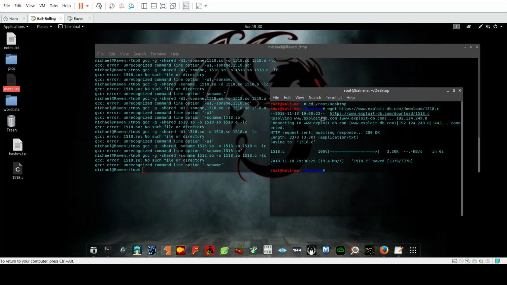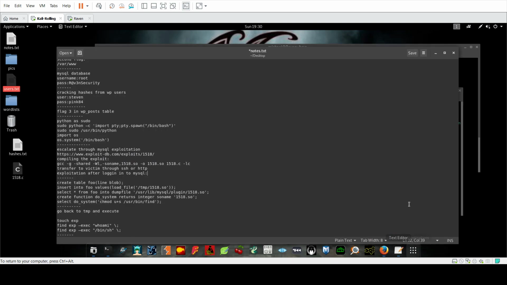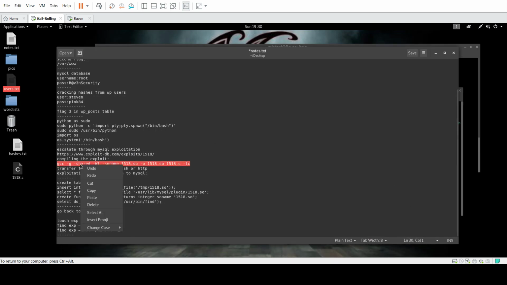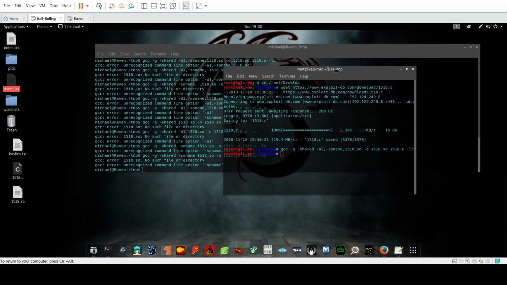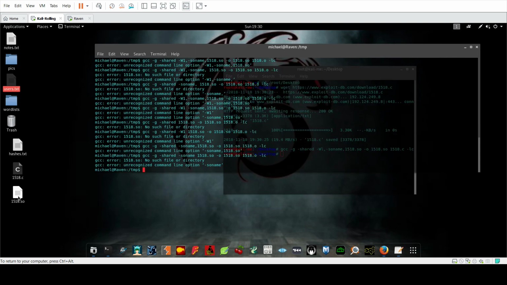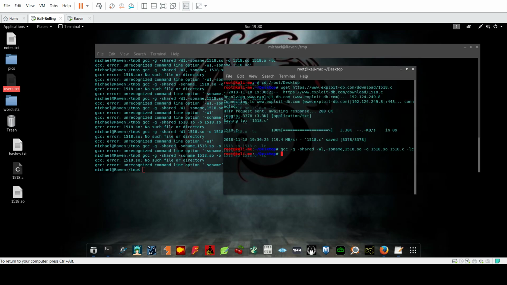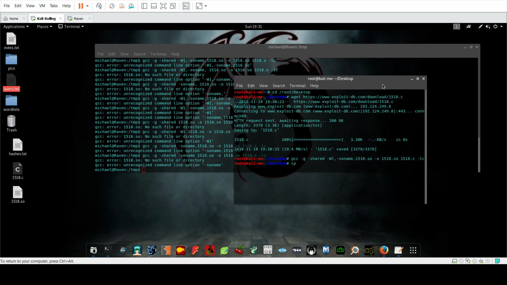Okay, so let me have the file from my system here because I tried on my system. So let me copy the file, paste, combine. Yes, so it worked. So now I need to transfer this file to inside the victim machine. So let me copy this file here to /var/www/html. All right, and now